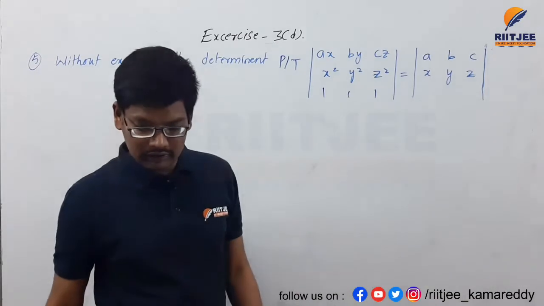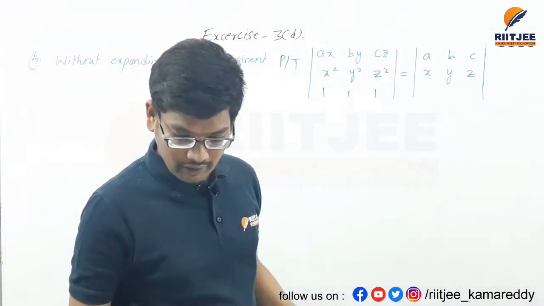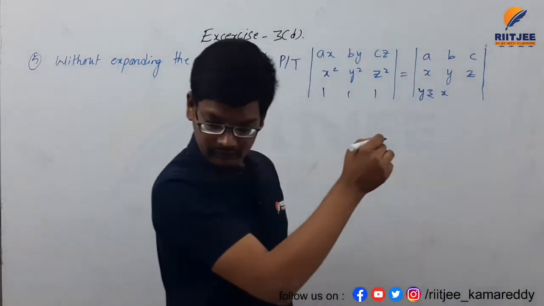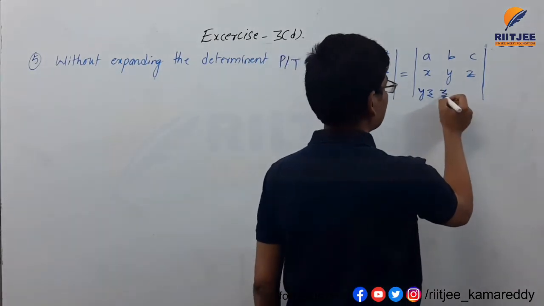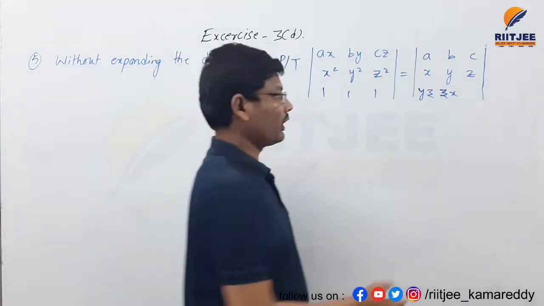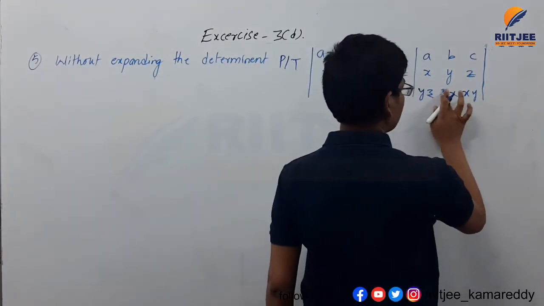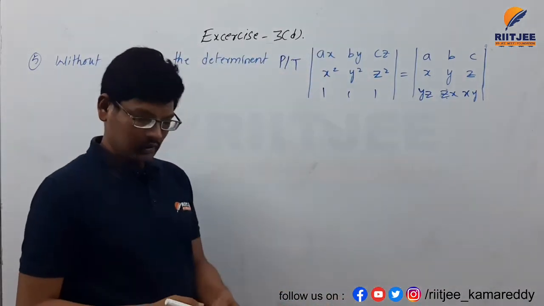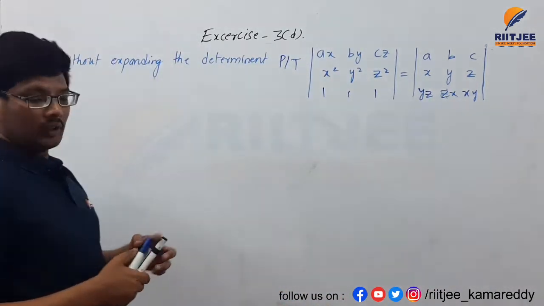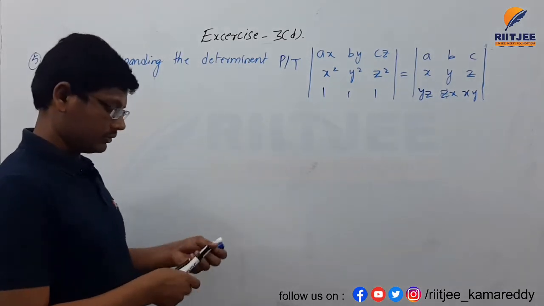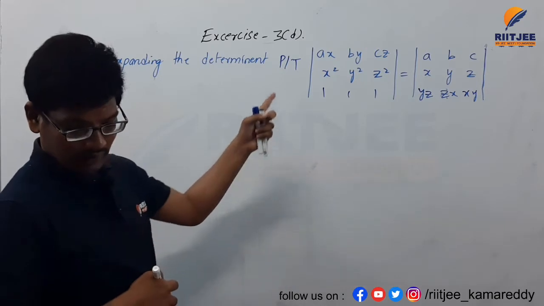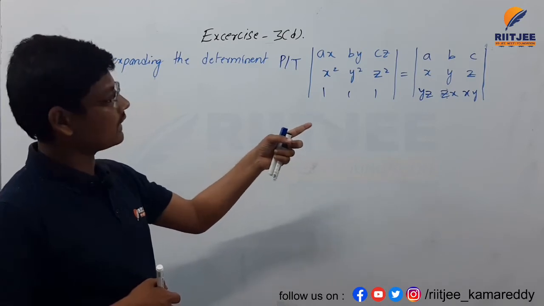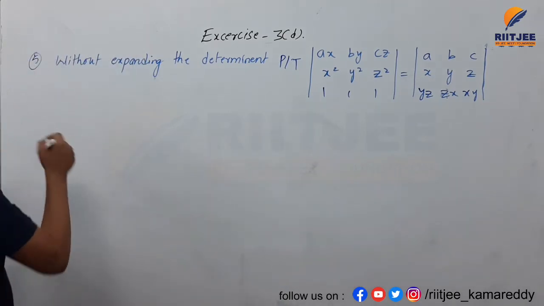And the last row: yz, zx, xy, this is xy, this is z here and this is also z here. So this is the question here. From this we need to multiply here. This is ax, by, cz; x square, y square, z square; 1, 1, 1, equal to abc, xyz, yz, zx, xy. This is the question here, and the solution for this one is